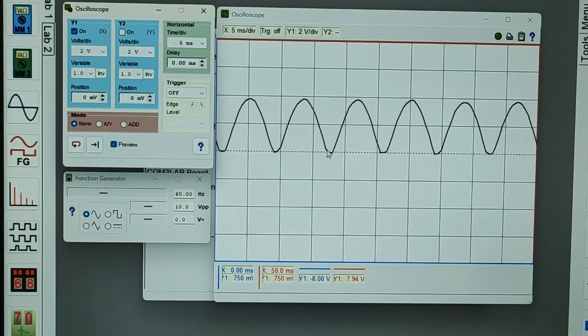Now, the output waveform shown here is an intermittent pulsating waveform. What do I mean by that? The output is still hitting 0, then going back to positive, then hitting 0 again, then going back to positive. In most cases, this type of output for rectifiers is undesirable. We don't want this. What we need is either a pure positive or a pure negative waveform for the output.